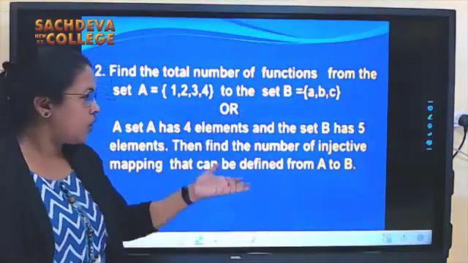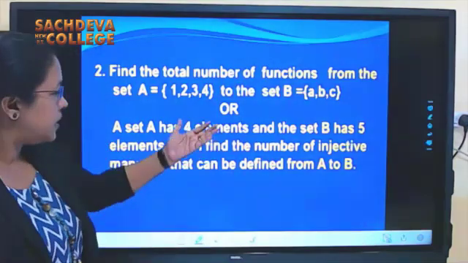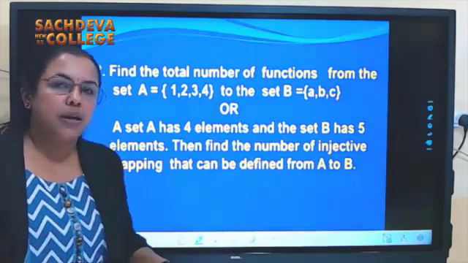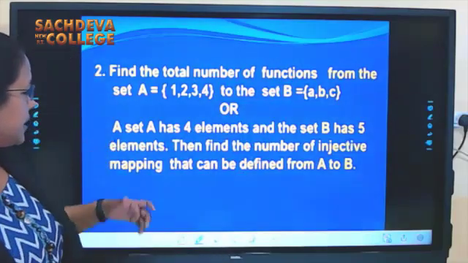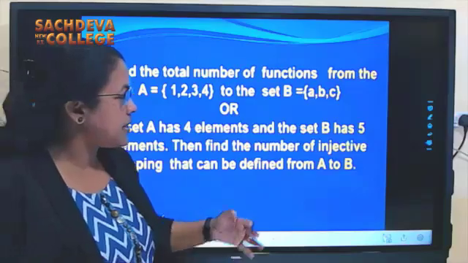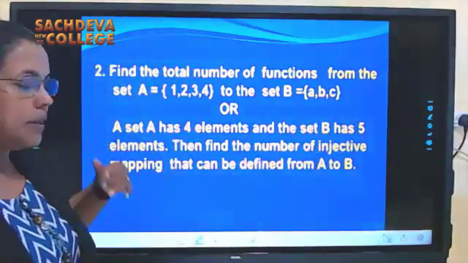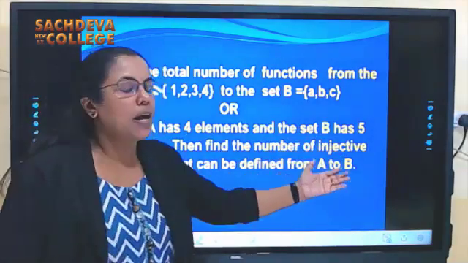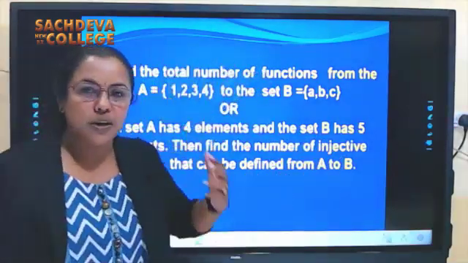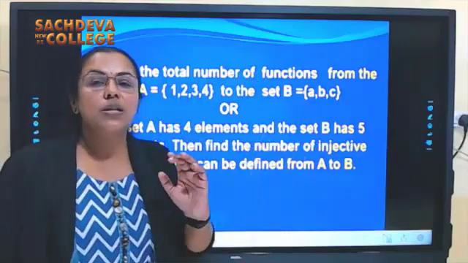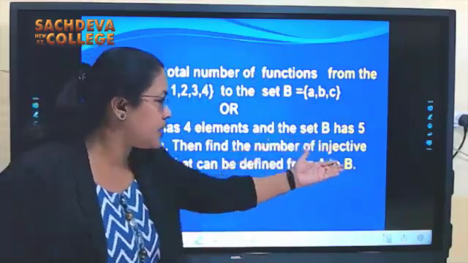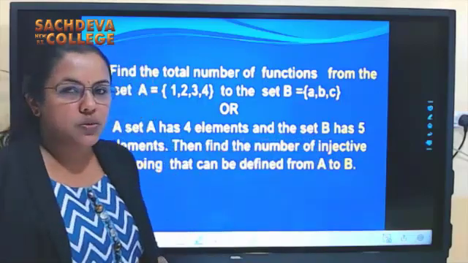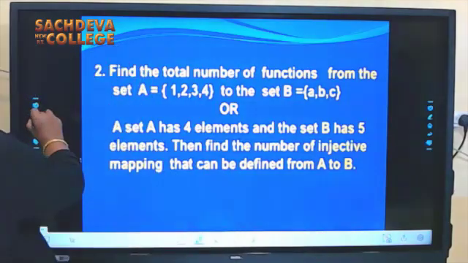One more question is here. Optional questions होगा आप लोगों को. Same. Normally relations and functions से है तो नीचे optional question भी वही होगा. Now look at this question. A set A has 4 elements and another set B has 5 elements. Then find the number of injective mapping that can be defined from A to B. पहले वाले में total number of functions पूछा तो यहाँ पर one-to-one functions. What is the total number of injective mapping from A to B? Again, it is a formula-based question. We can write directly.